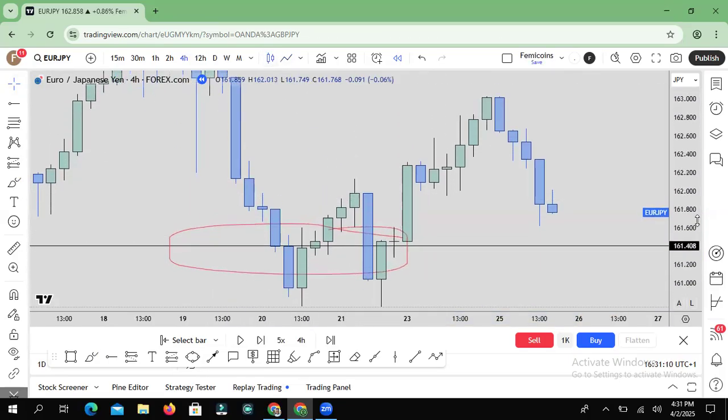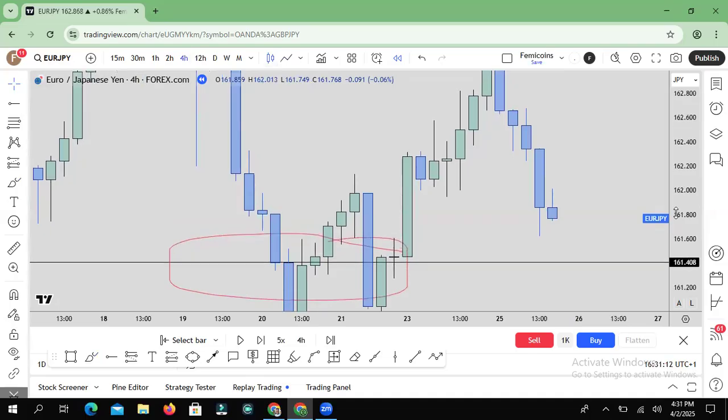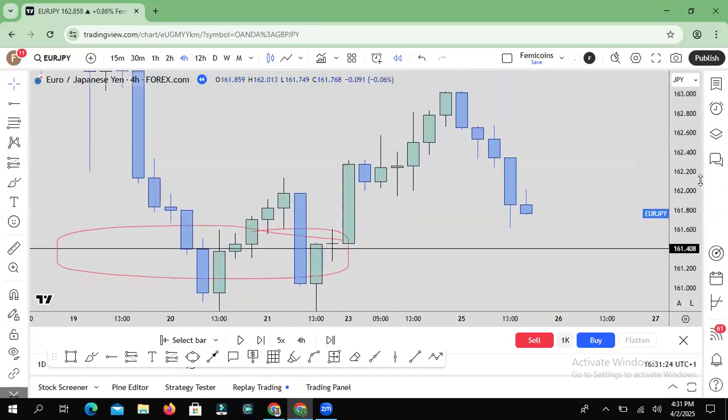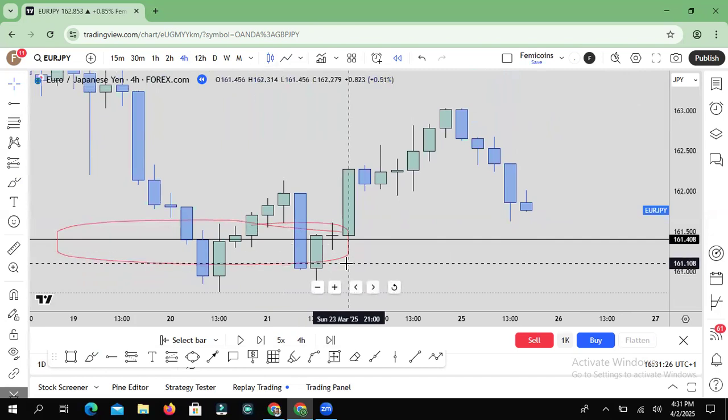Understand? Like I said, if you're able to follow this strategy, your win rate goes very, very high, or at least a minimum of 60 to 70%. Of course, you will take losses. This is not a holy grail. You will take losses, but I can tell you this is the simplest way you will ever come across when it comes to trading.